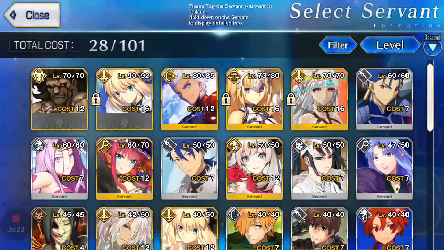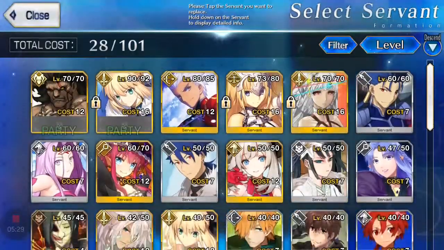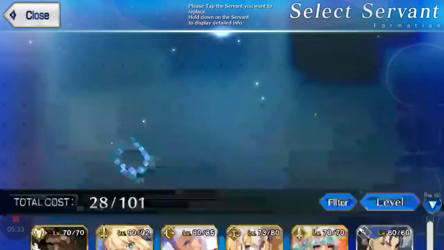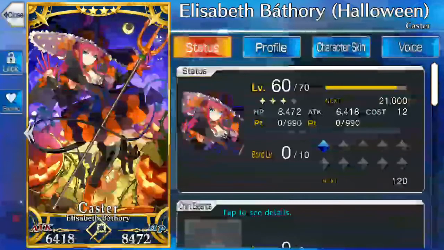Another servant who can add busters, actually, you could also use casters similarly to Elizabeth Bathory. Here, Halloween. For those who play the Halloween event, they'll probably have her. Why? Let's check out her skills. Well, she does have a lot of...